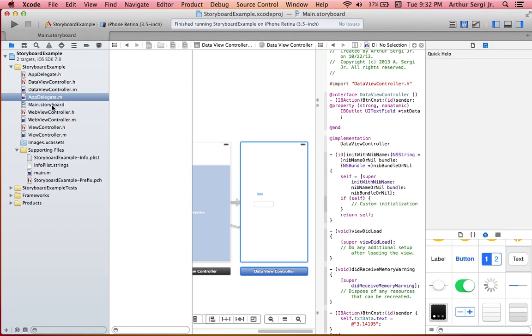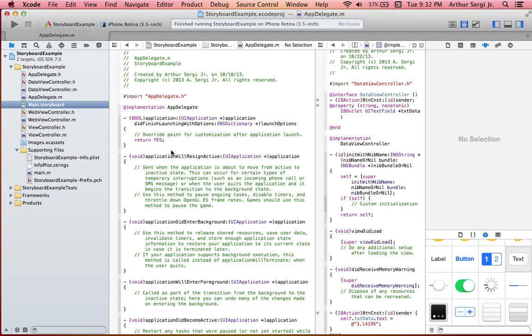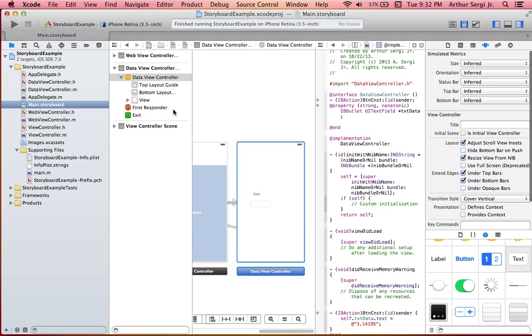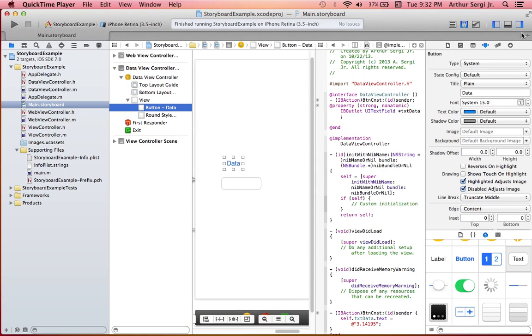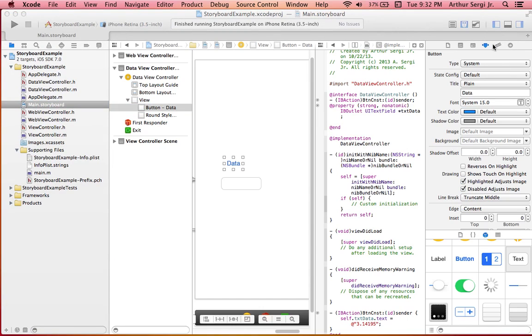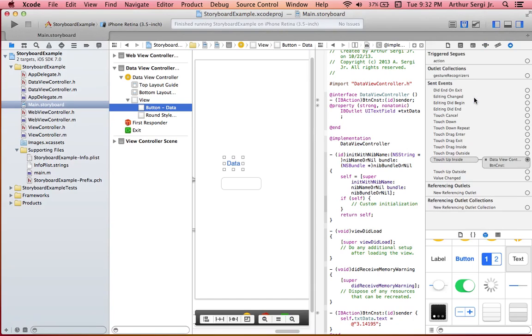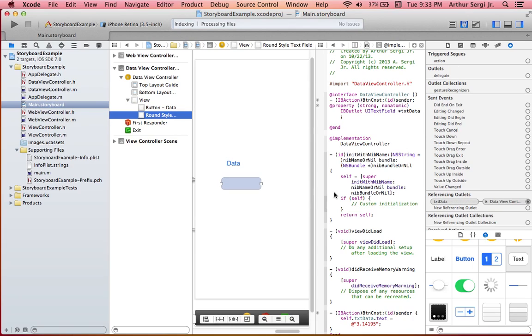Yeah, whether it was the button for the data. I'm just going to come over here to show you right over here. Keep your eye on this side. Whether it was a touch-up inside action for the button or whether it was an outlet for the text box,